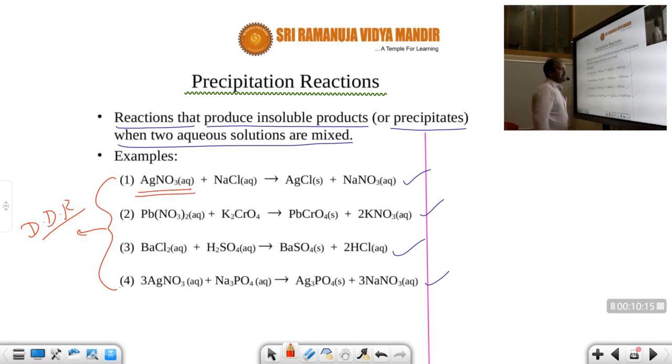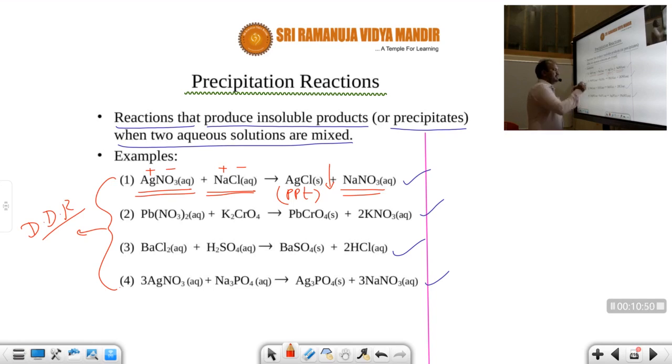Here, first example, silver nitrate AgNO3 and table salt. Here a precipitate will be formed, silver chloride. AgCl stands for silver chloride, which is the precipitate, and the byproduct is NaNO3 aqueous. Is this a double decomposition reaction or not? Yes, because they are exchanging their radicals. When the two aqueous solutions are mixing, they mutually exchange their radicals. The silver plus attracts the Cl minus, and Na plus attracts the NO3 minus, but here an insoluble salt, silver chloride, will be formed, so a precipitate will be formed. That's why this is called a precipitation reaction.